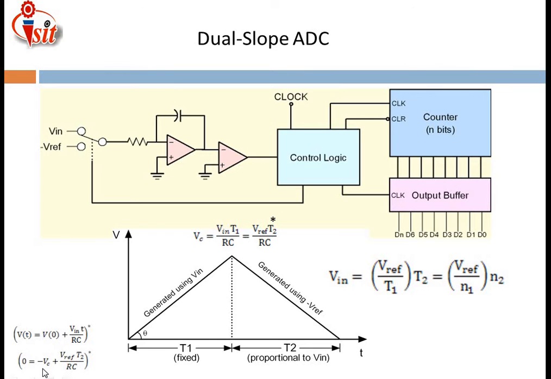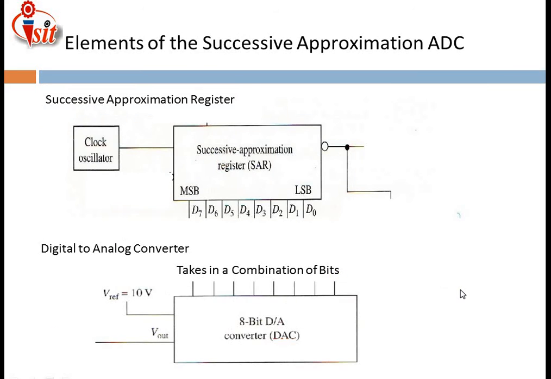Output voltage is minus Vc plus V reference T2 divided by RC, and the input voltage applied by that system is Vin equal to V reference divided by T1 into T2, where T2 is equal to V reference divided by N1 into N2. Along with this,